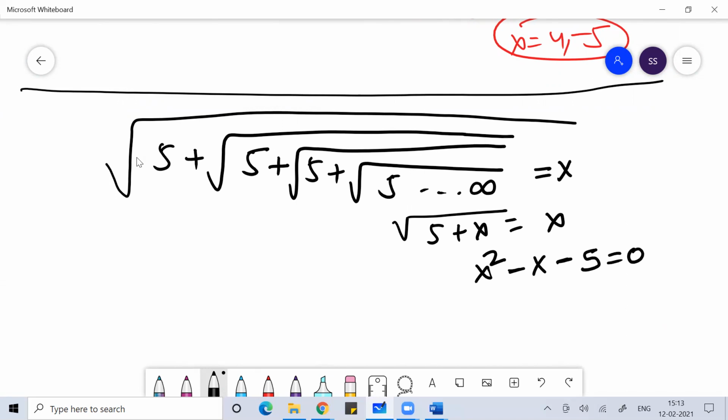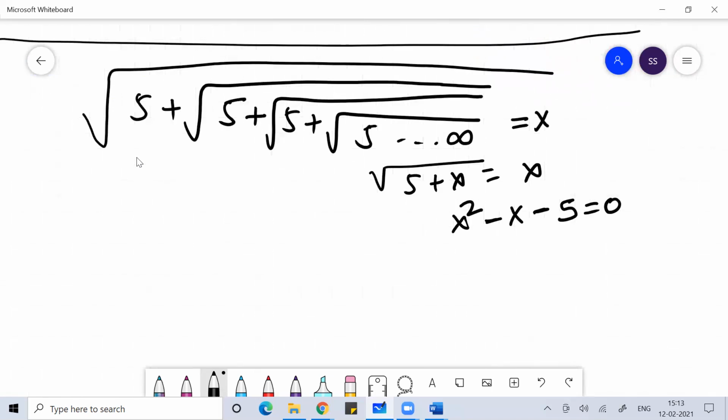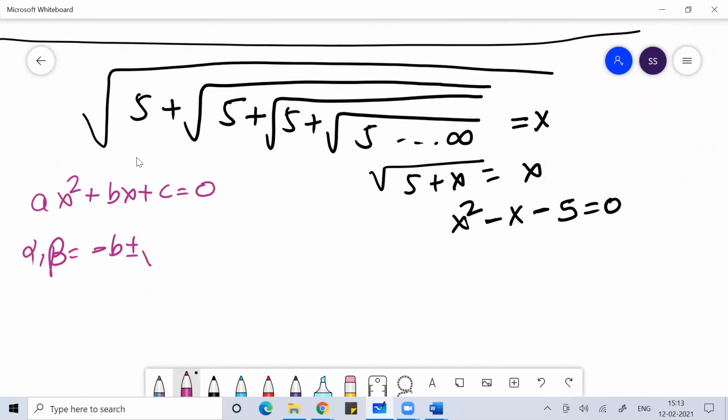Then how to solve this? Now you know that you cannot get rational roots. Your roots are irrational. I believe everyone knows how to solve a quadratic equation. The quadratic equation is in the form of ax square plus bx plus c, where you can find the roots by the formula minus b plus minus root of b square minus 4ac by 2a. Now here you cannot break the middle term. If you multiply two numbers, you can't get 5 because 5 is a prime number. So how to find the value of x?